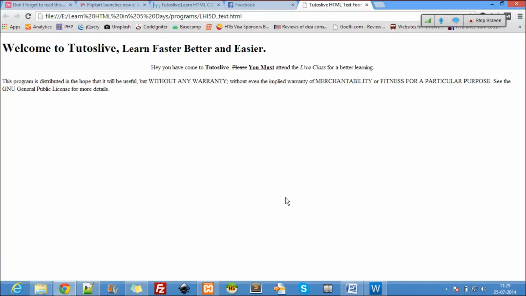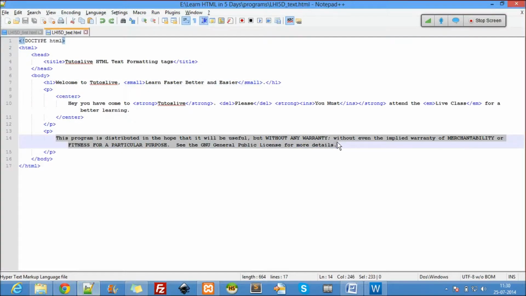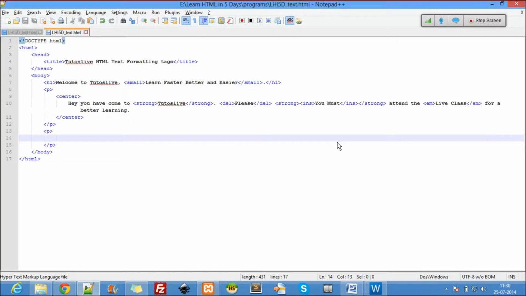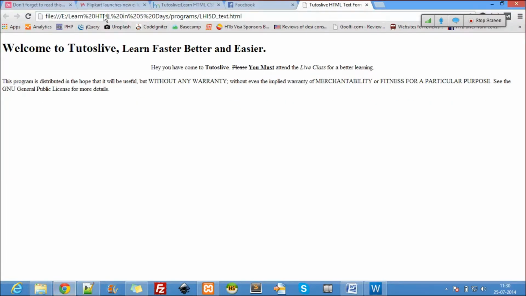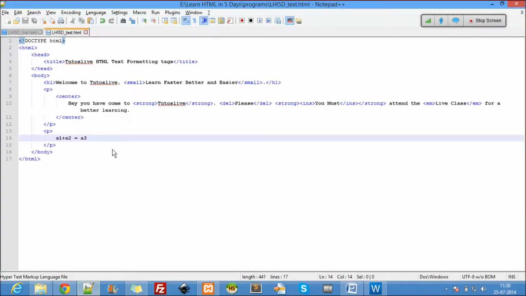And yes, you have asked for the next one, so let's see now. You guys have studied mathematical equations, right? Like a1 plus a2 equal to a3. At some point you have seen this particular equation in your mathematics. So let's get here and see. You can see it here, a1 plus a2 equal to a3. But in general, what I would really like to see is a subscript 1 plus a subscript 2 equal to a subscript 3. It's pretty simple here.